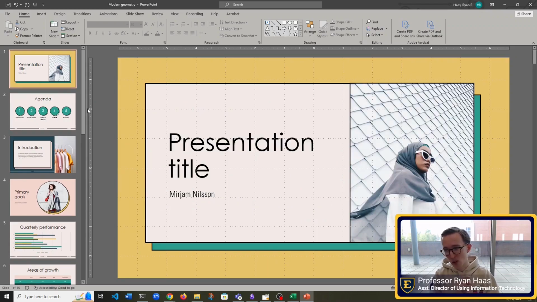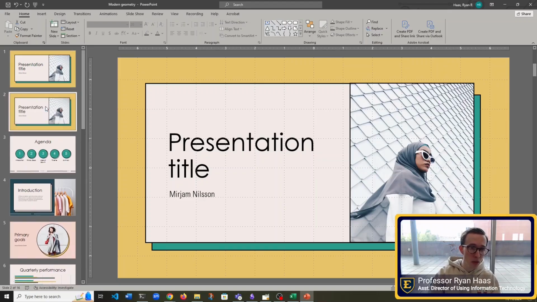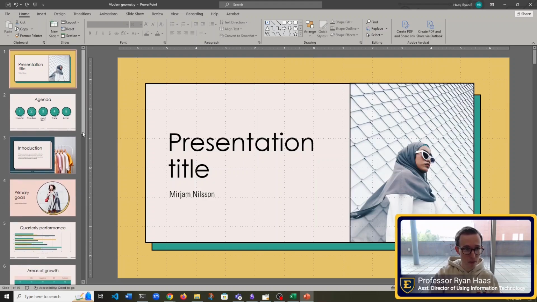So a few keyboard shortcuts that I like to use that help me be efficient when I'm working with slides in this thumbnail pane is Control D or Command D to duplicate a slide. So often when I just want to keep a layout and perhaps even some of the backgrounds and just update some of the content, I'll just press Control D to duplicate a slide, and then I can save myself some time.